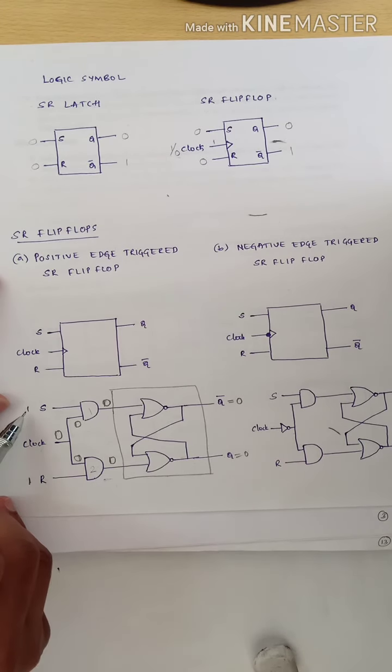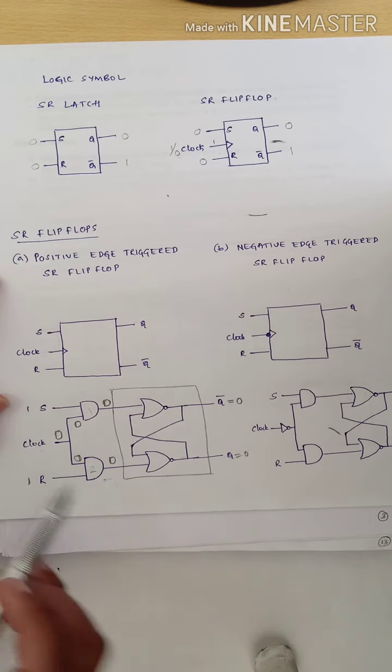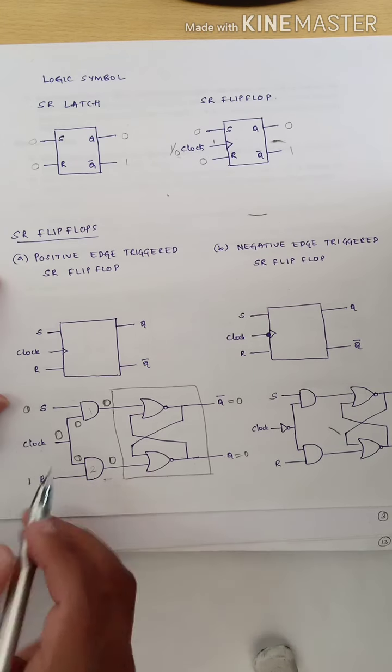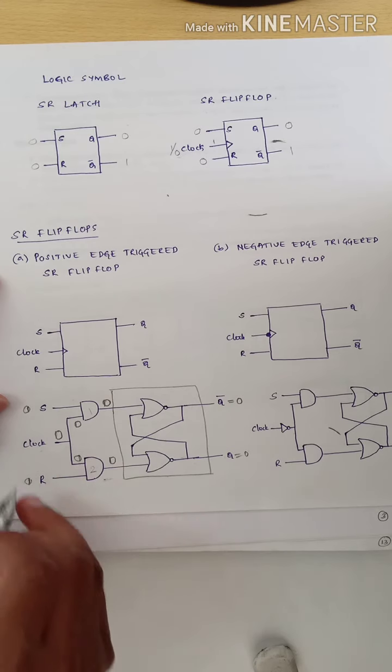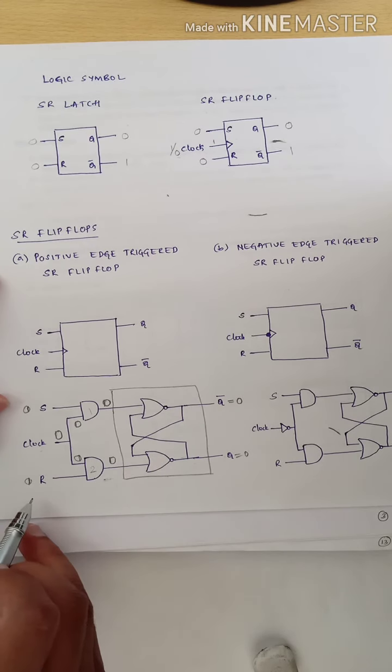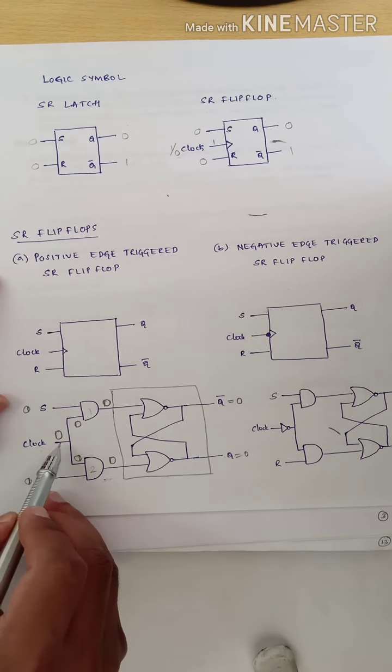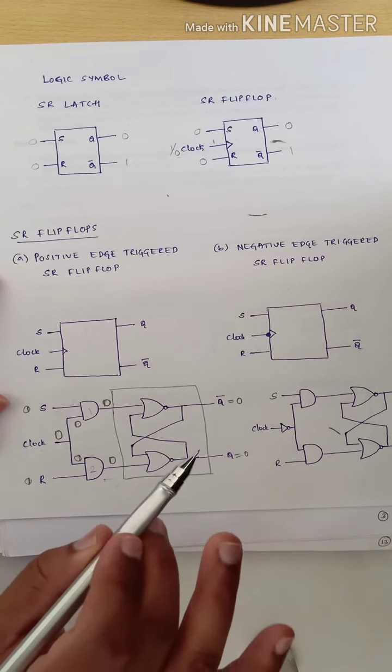There will be no change in the value of the output when the clock input becomes 0. Here we have taken the combination as 1 1. You can go for any other combination. You can keep both as 0 0, or 0 1 or 1 0. Whatever may be the input combination, if your clock input is 0, the output will always remain no change.